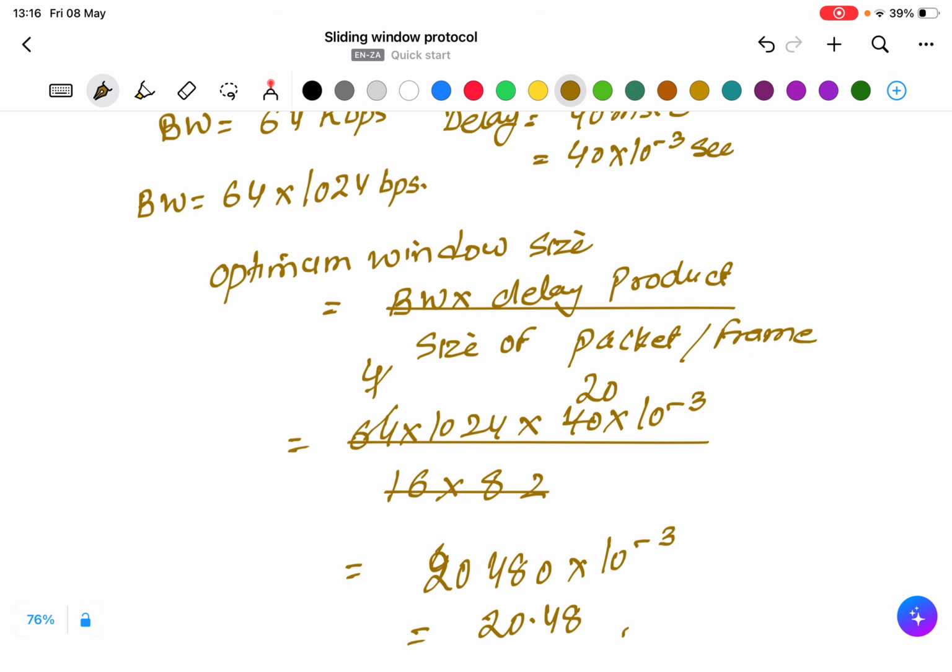So we can say the optimum window size will be 20 for this. Please check my calculation. If it is wrong somewhere, you can point it out. Thank you.